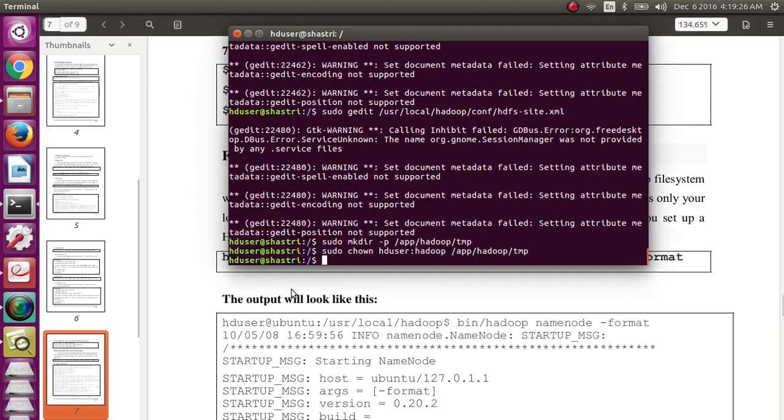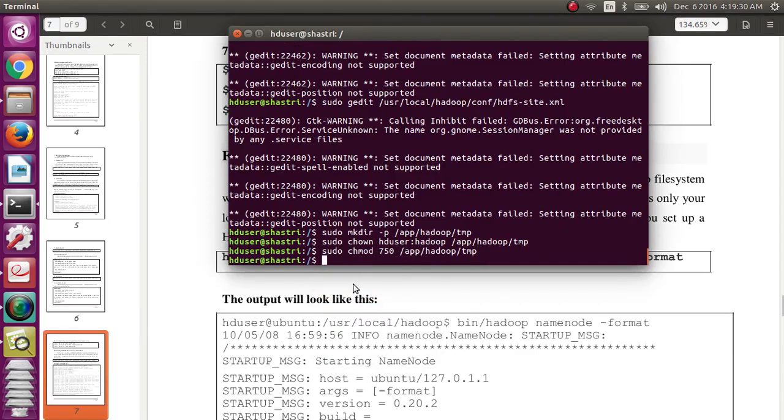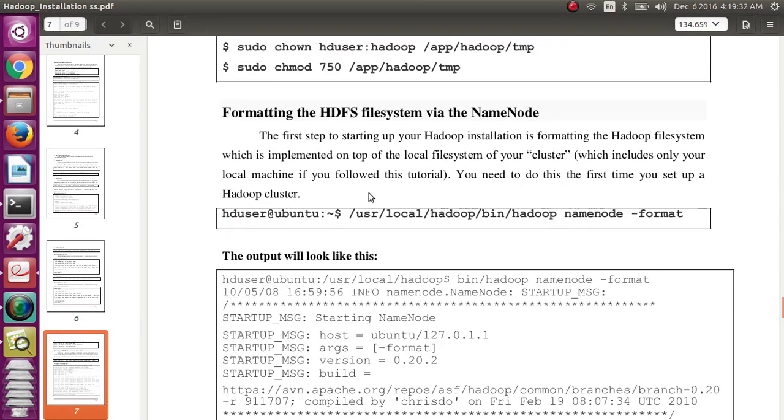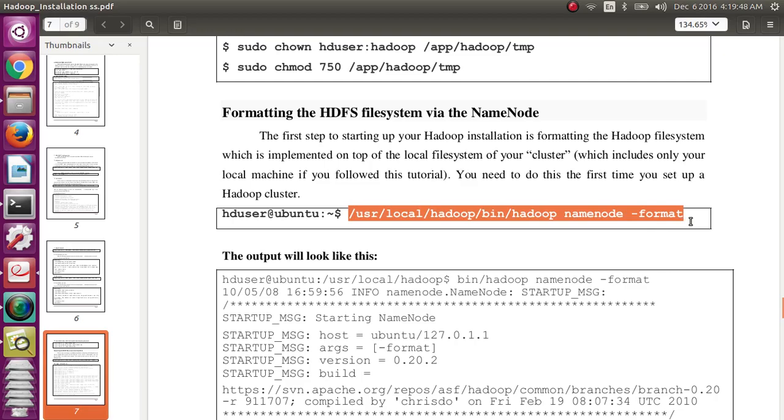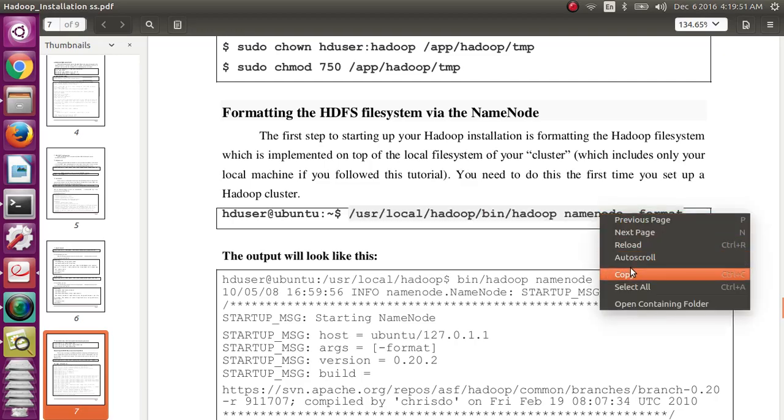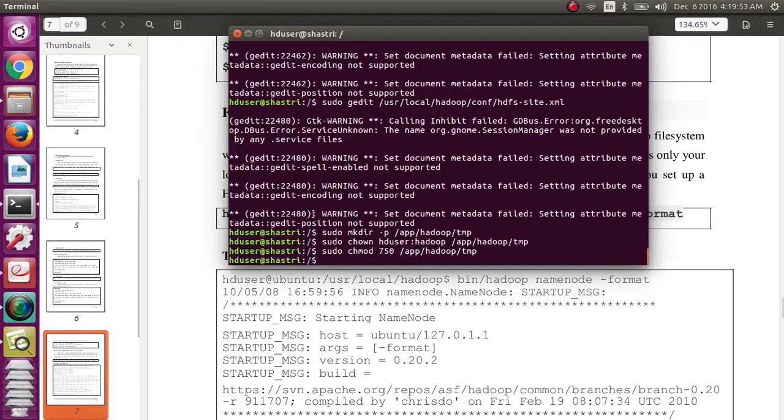Copy. Okay, assigned. The final part is formatting the HDFS file system via the name node. You need to format whatever you have installed and set up with the environment variables. That can be done using the command namenode -format. Copy and just execute it.